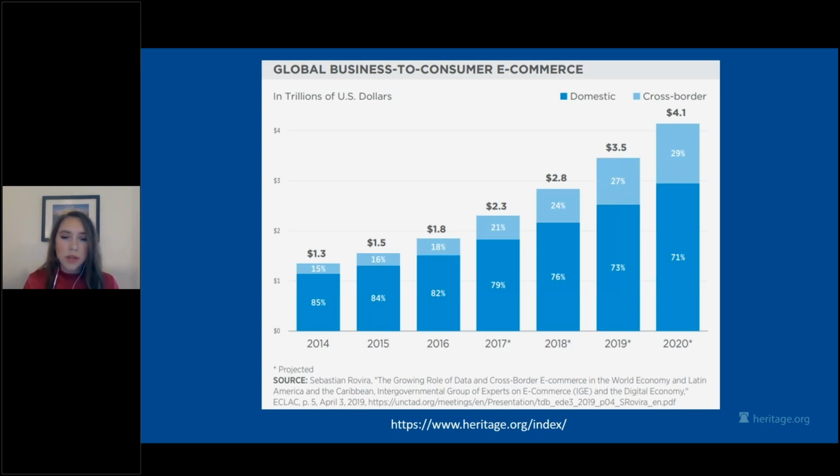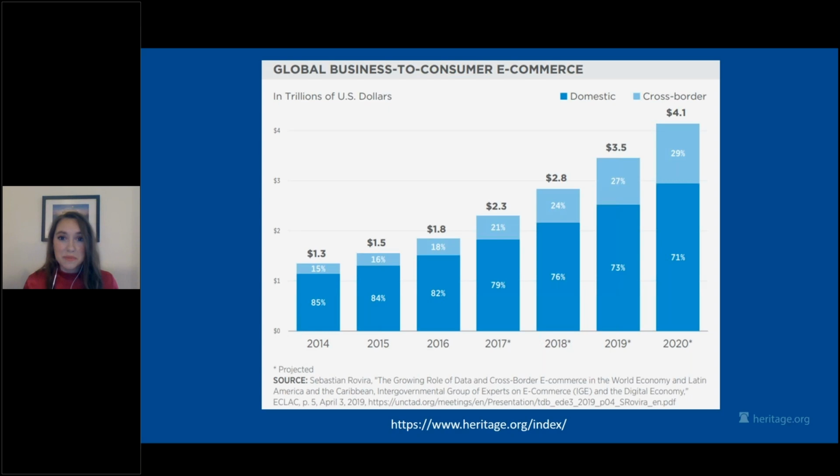Now, traditionally in digital trade, we think of data flows as flowing across borders, but in actual fact, the majority of data flows occur within a single country. As you'll see in the chart, cross-border data flows are increasing rapidly. It was projected that by this year, global e-commerce directly from the business to the consumer would reach $4.1 trillion, and 29% of that would be cross-border. That's double the amount that was seen in 2014. It's actually even possible that because of this pandemic, these percentages will be higher than the projections.